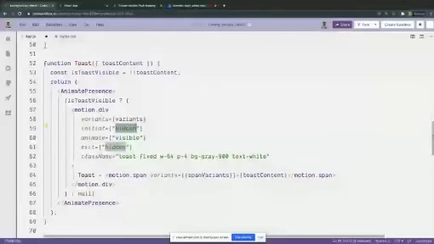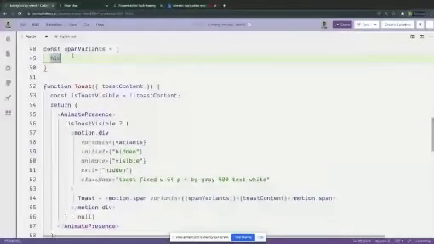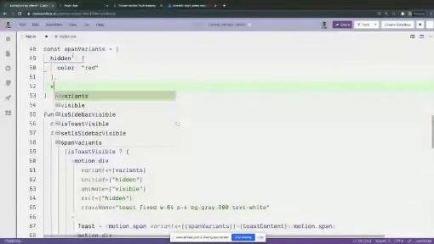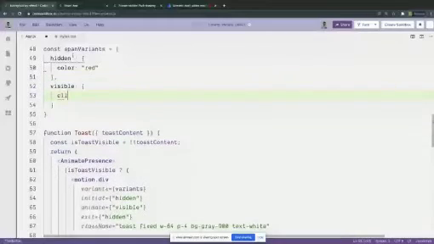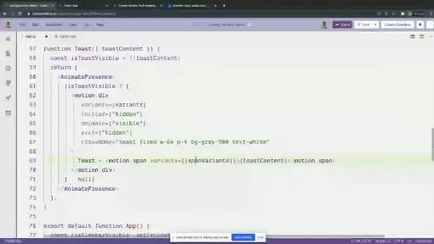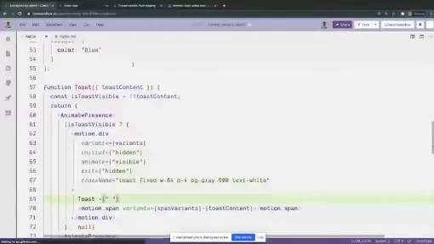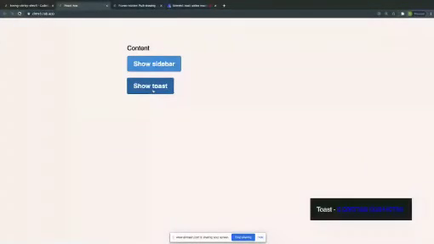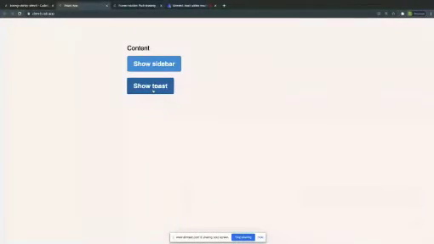So it will know that we are in the hidden state, and it can apply animations based on that. So in the hidden state, I want to do something naive, like I want its color to be red, and in the visible state, I want its color to be blue. Okay, that should do it. I'm going to refresh the page once again. And when I click on show toast now, you can see that there is some animation going on.